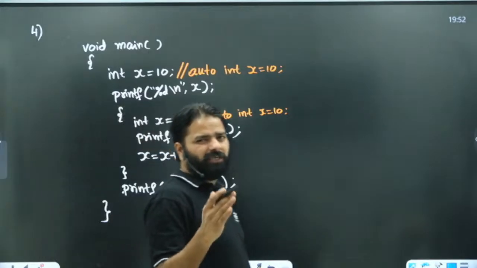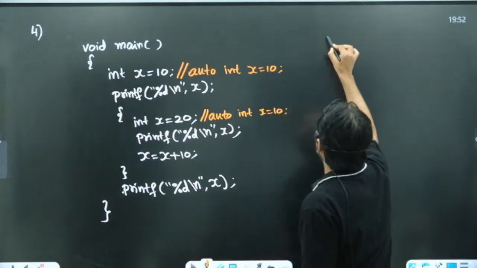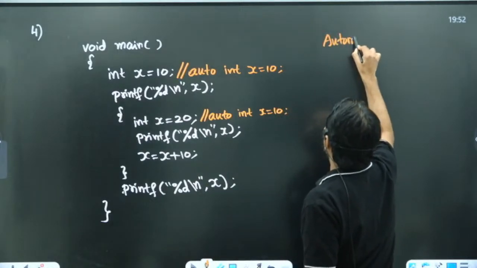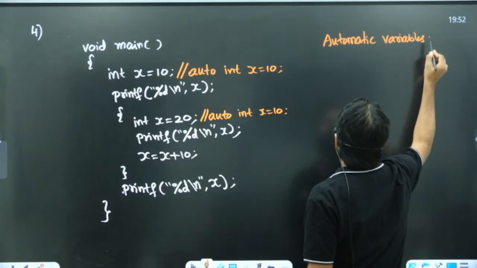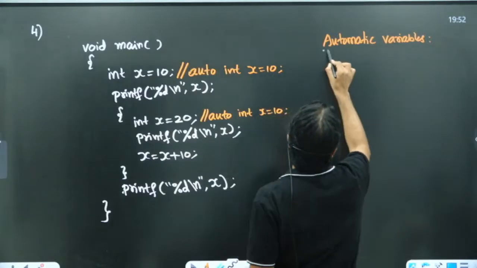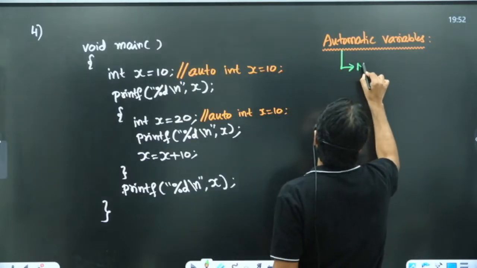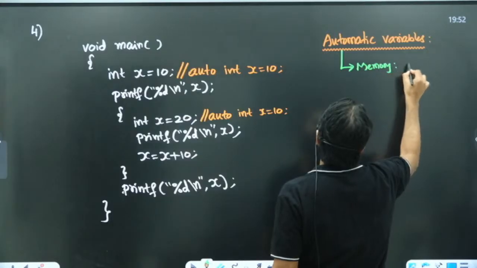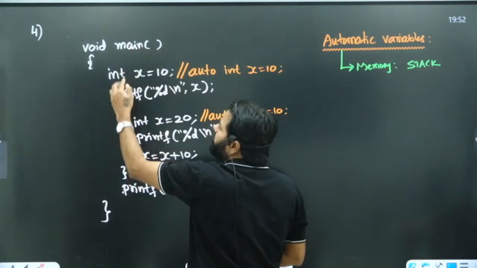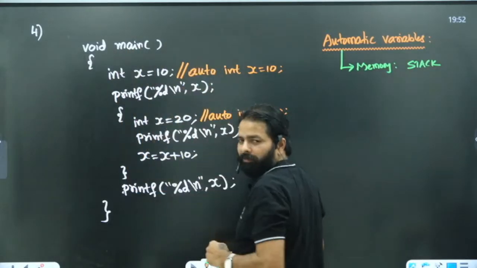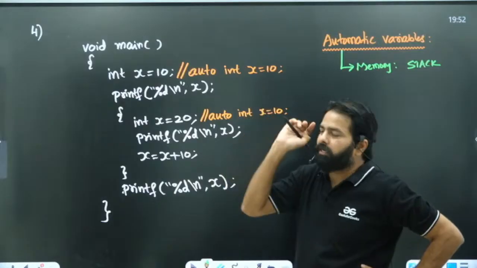I'm introducing one special variable called an automatic variable. So what you are writing here within the block is an automatic variable. What is the speciality of automatic variables? Any idea? All the automatic variables, their memory is created on the stack. The storage is allotted in the stack region. Like when you call any function, if you call this main function, automatically there is a stack created for this environment. Correct? So these variables are allotted on the stack.